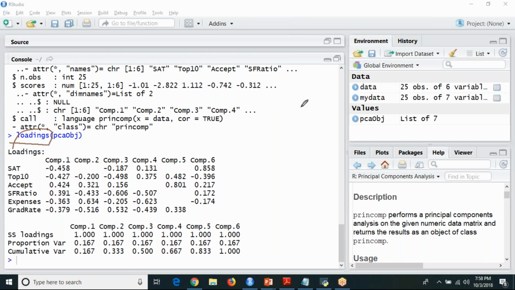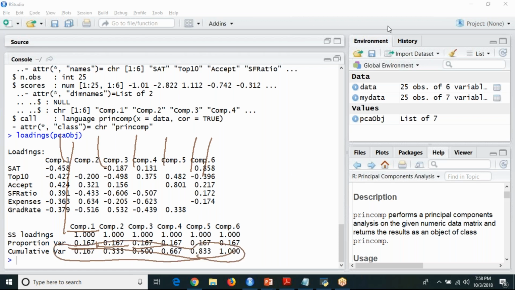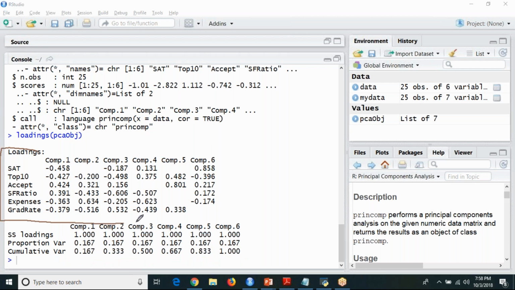Got it? And also you can see the total number of PCs are AI1, AI2, AI3, AI4, AI5, AI6, totally. So it is proportionally dividing that 6 components out of 100. It is displaying first one is 16%, second one is 16%, third one is 16%. Like this, the addition of all this is nothing but your 100%. This is just a proportion of your loadings, but you should only consider this as your weights.